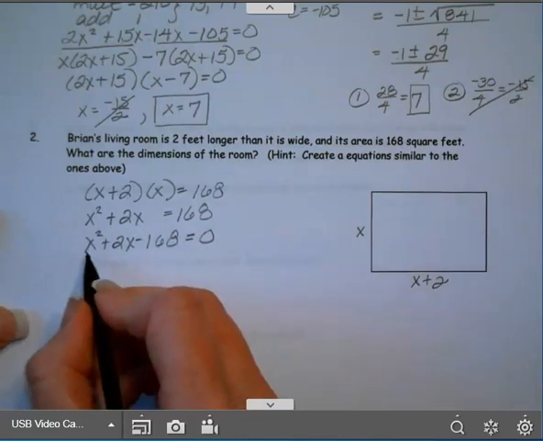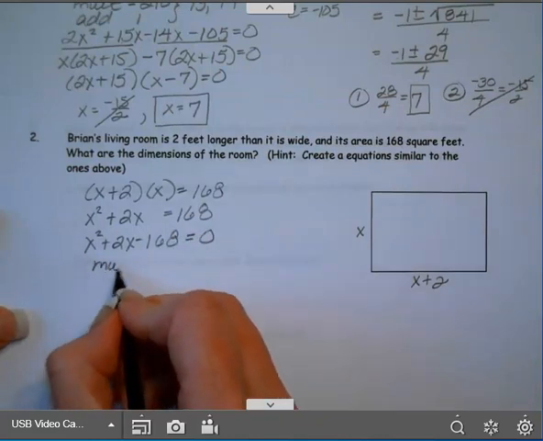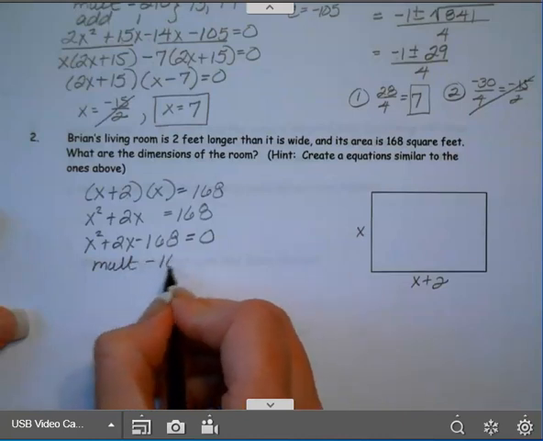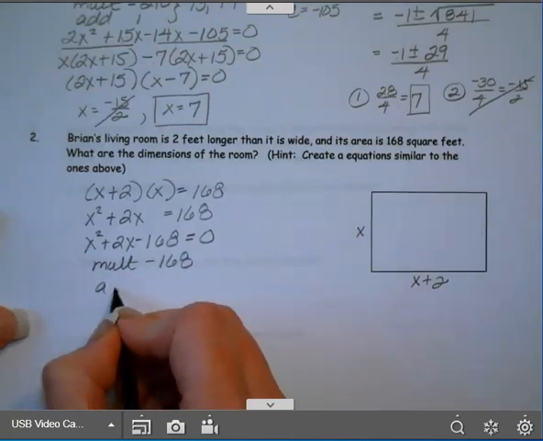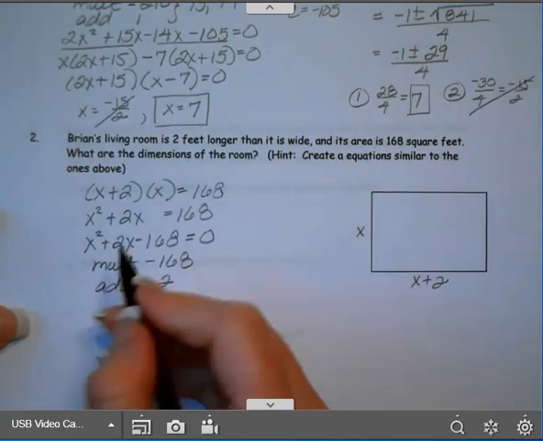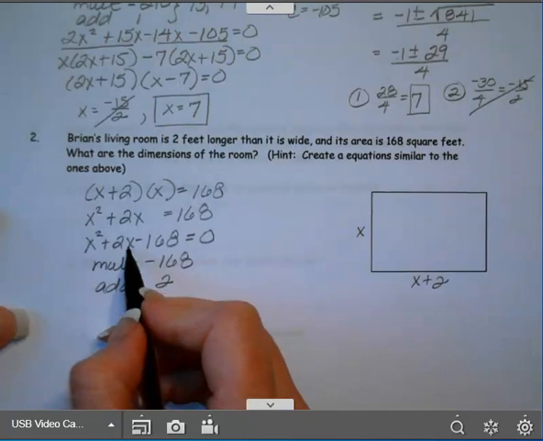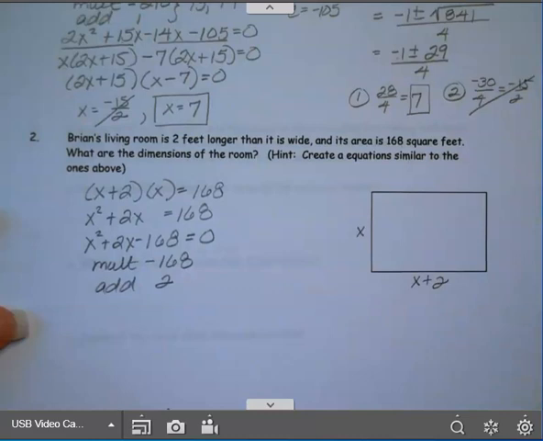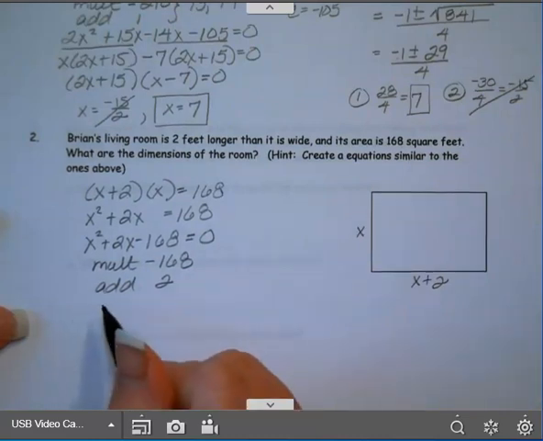And then this does factor. It needs to multiply to negative 168 and add to 2. I didn't have a graph, so I wouldn't choose graphing. Square root, you don't want to choose because it has a middle term, so that won't work as a bx term. And quadratic formula would work, but factoring is going to be nice for this, so I think I'll just